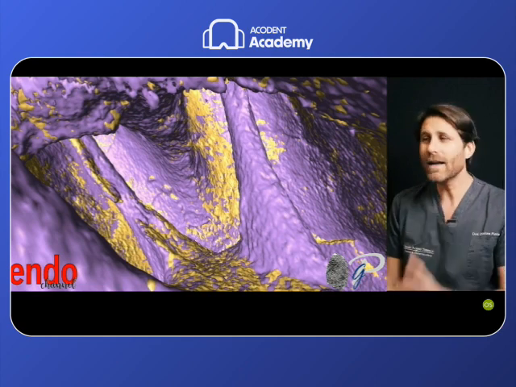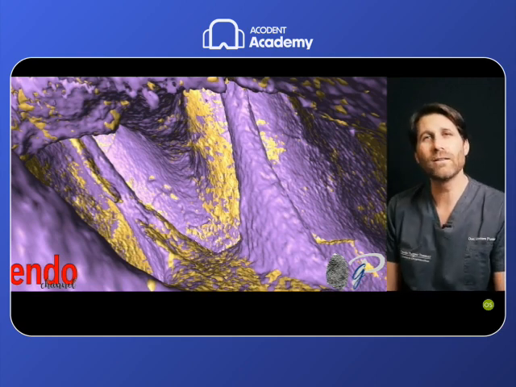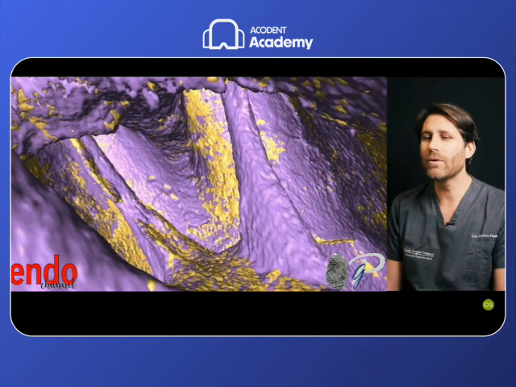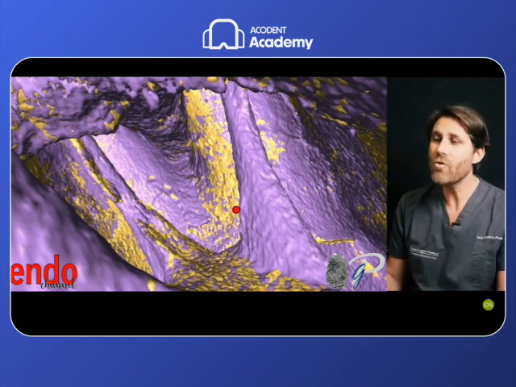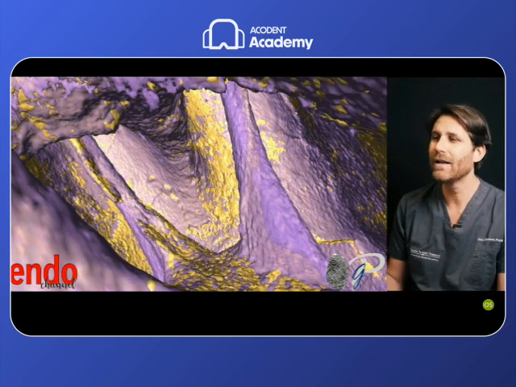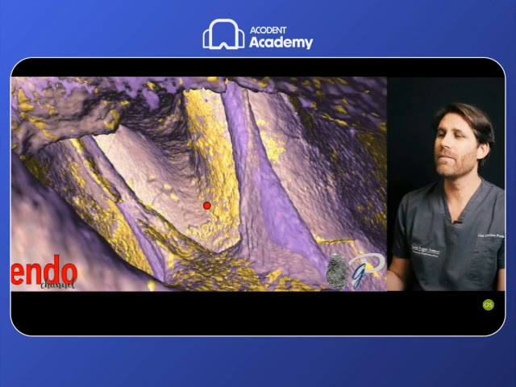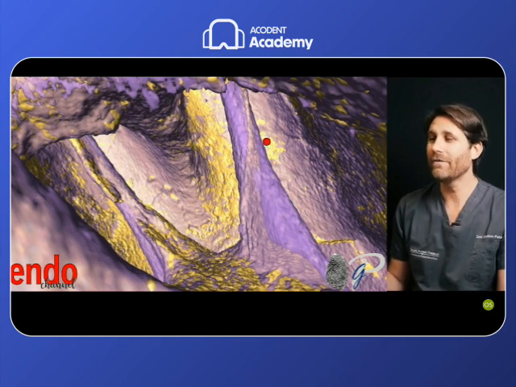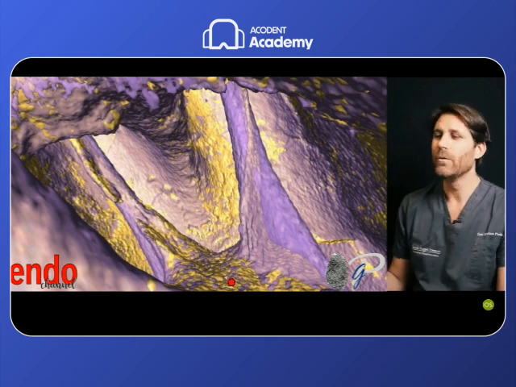So the second strategy is to try to do it with a scouting manual preparation since the beginning. So without removing any coronal interference, just using the manual file, we can see in this superimposition before and after the preparation how the root canal has been moved. So if we start here with the manual